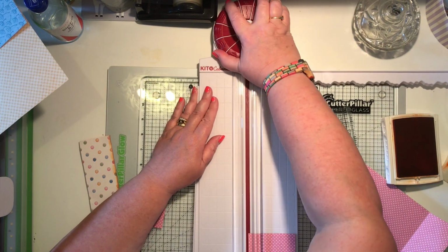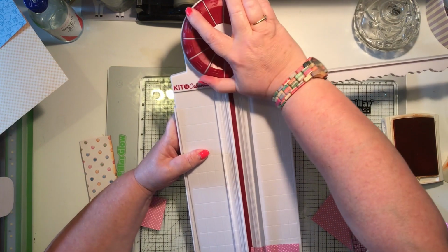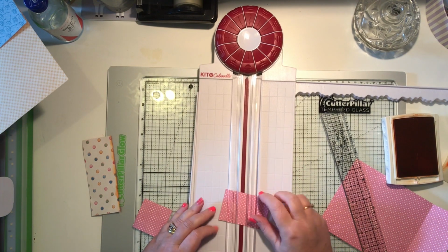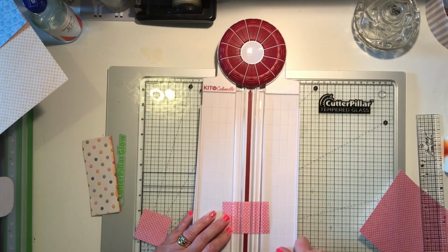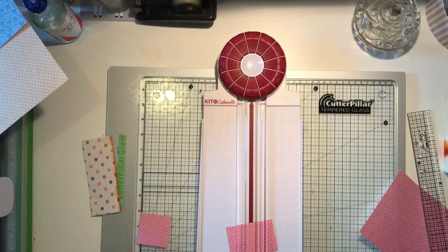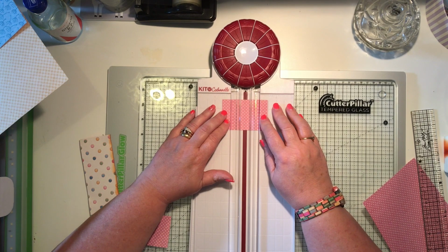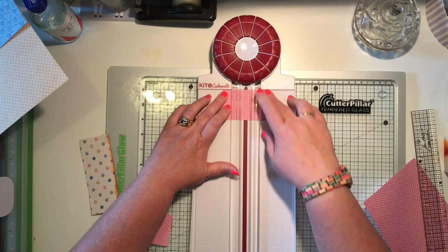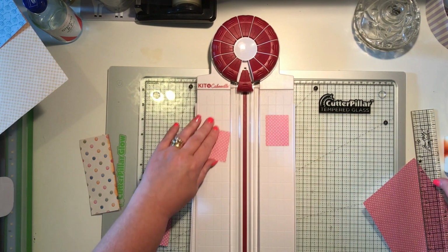Let's just try one more. See what about this? It's a little bit stiff to turn, so maybe if you had dexterity issues, you might have trouble turning that, but I think that might slacken off as you use it more. I'm going to just move that in, because I think that'll make the whole thing a bit more stable if I've got that arm in. And I can line up towards the bed, it's 3 inches, so it's 6 inches. Oh, that's good, yes, because it's also got a centering part. So I could actually centre that by having the same amount both sides. If I click that one out,